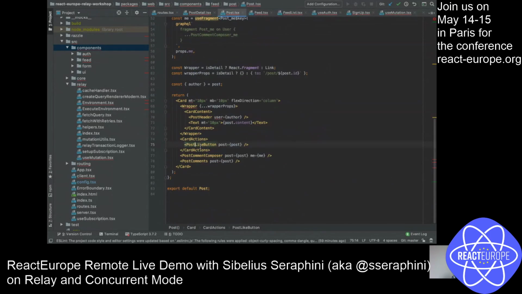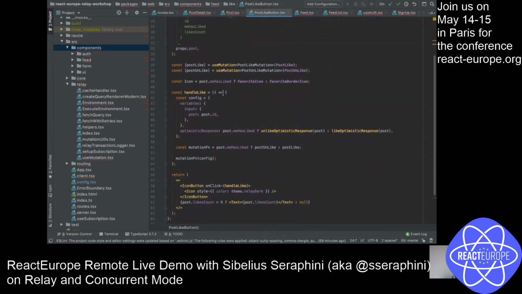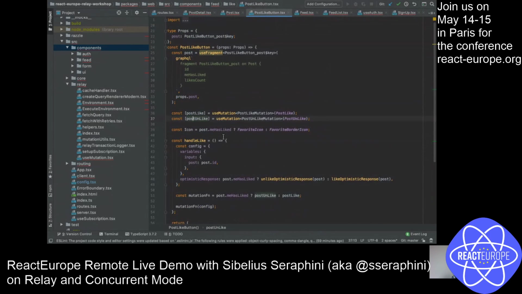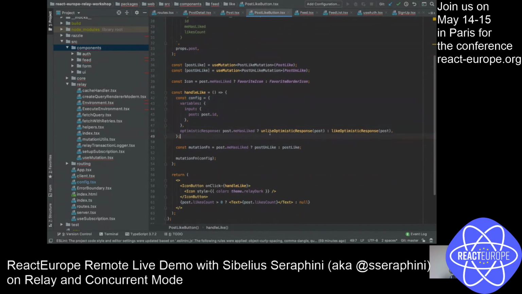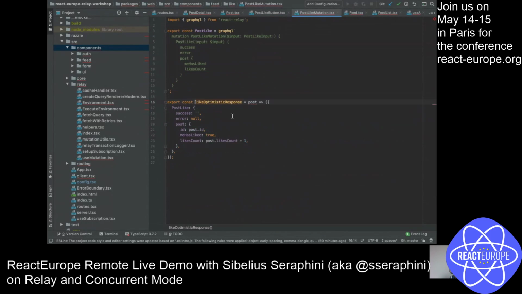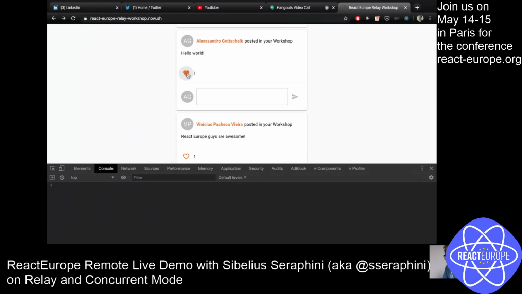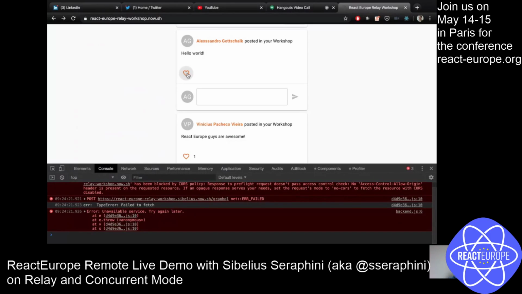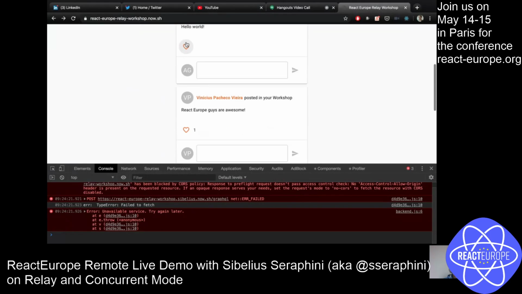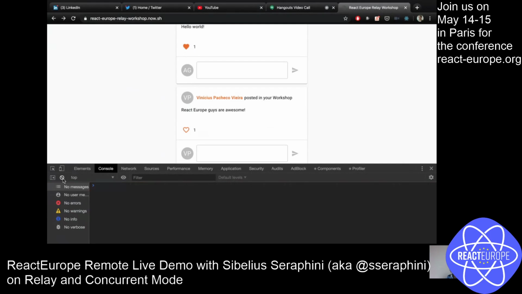I have this post like button. So post like is a component. I have two mutations, post like and like. And then I have this kind of optimistic update. So when I do a like, I make sure like me has like equal true, and likes count is gonna be updated to have one more. So this is gonna show the counter over here, so I don't have to go back and forth in the GraphQL. So even if the GraphQL fails, it's gonna show a success for the user, and then it's gonna roll back if necessary.